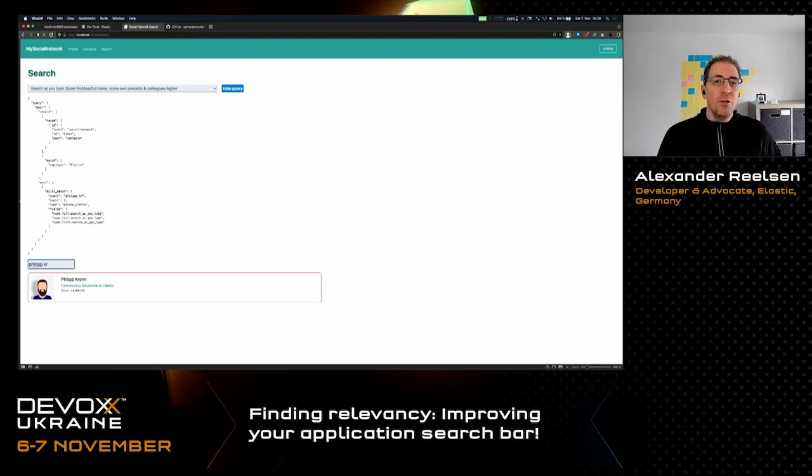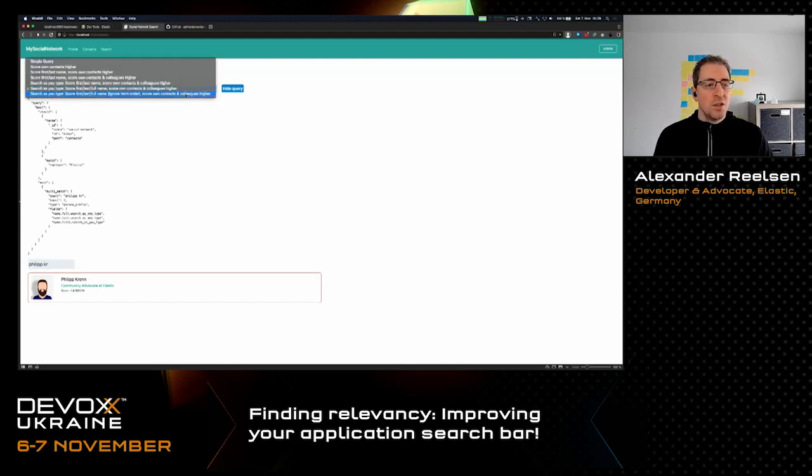Nowadays, things are even different because on our phone, our behavior is very different, right? It's not only about suggestions, it's also about typos. Like when I type something on my phone, I'm usually fat fingering around and I probably have a hard time typing the correct word without any mistake. And this needs to be taken into account as well if you run a search. So just keep that in mind.